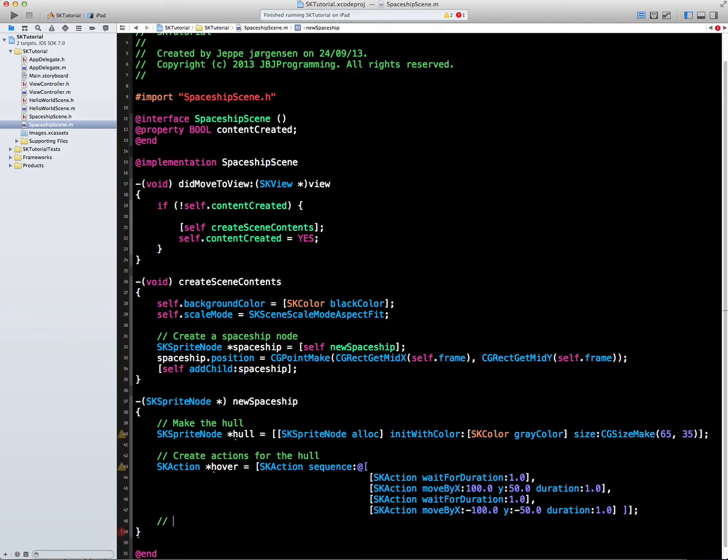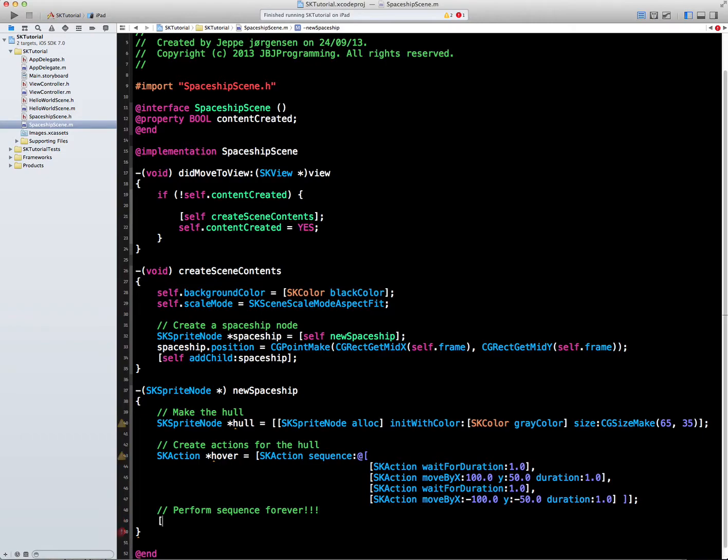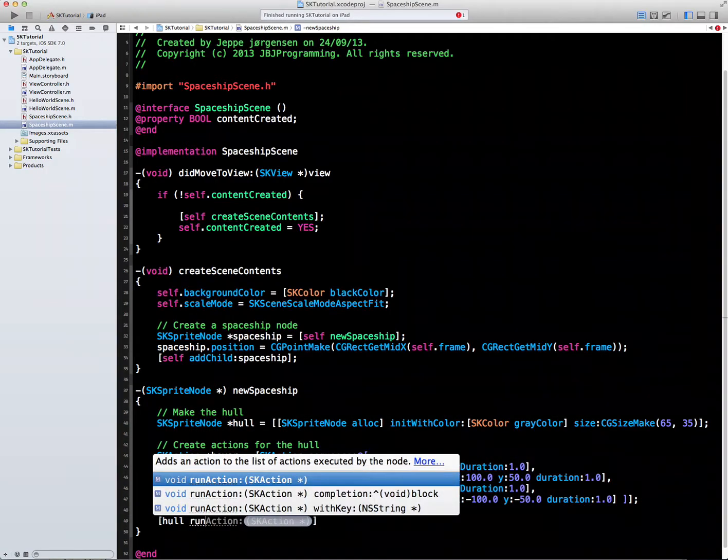And what we're going to do now is actually perform this sequence indefinitely. So perform sequence forever. And like we did with the label, we told a specific node to perform a specific action. We are again going to perform an action here on hull, which is the node we just made up here. So we want this spaceship node to perform the action we just made here, and we want it to perform this action all the time. So run action